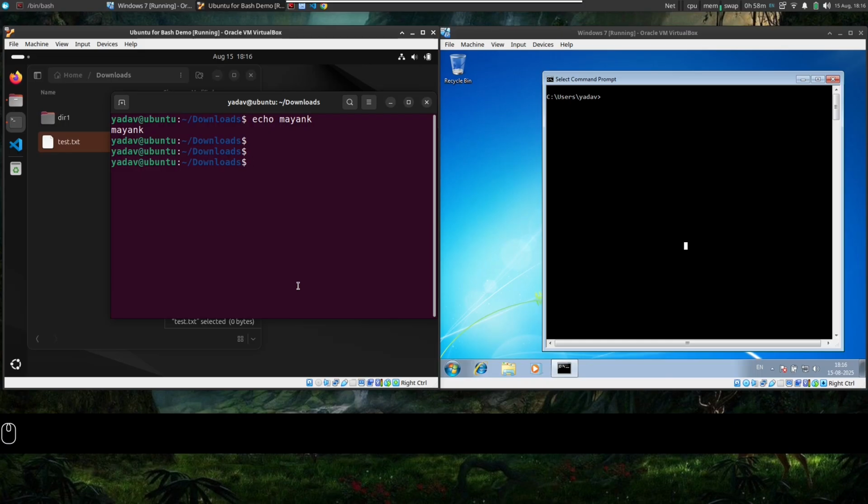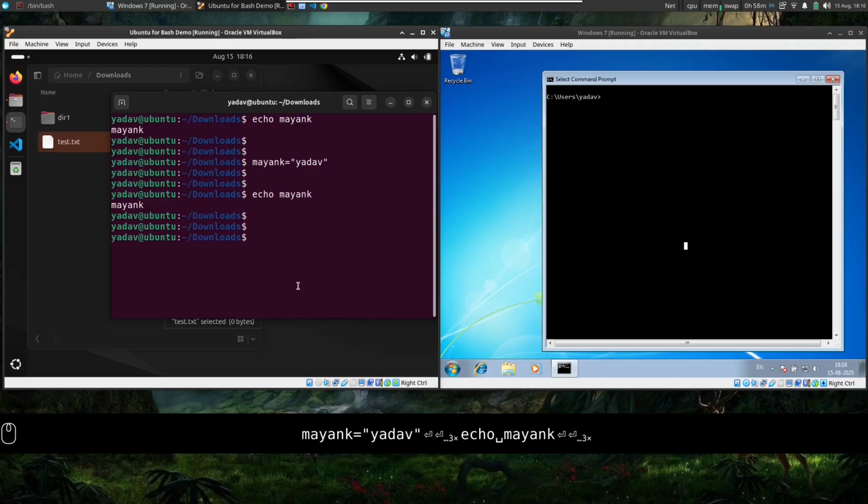But I told you it is like printf, so it must be able to print some variable's value. How do we create variables in bash? We just say the name of the variable, say Mayank. Without space, we give an assignment operator and the value which I want to keep in it, let us say Yadav. Now if I do echo Mayank, it echoes Mayank. But if I want to specify that Mayank is a variable, and access the value stored inside of that variable, then I have to put a dollar in front of it and it will show me the content of this variable called Mayank.